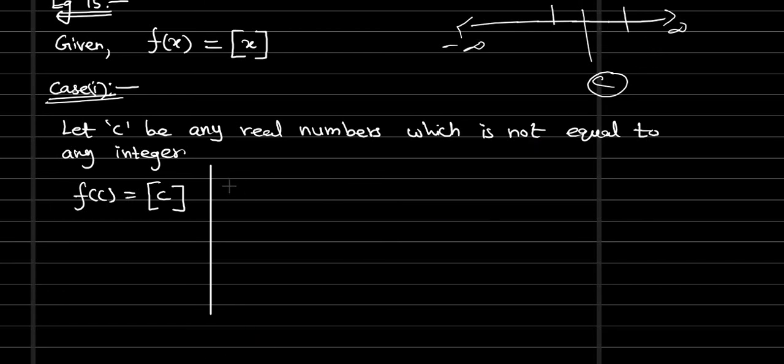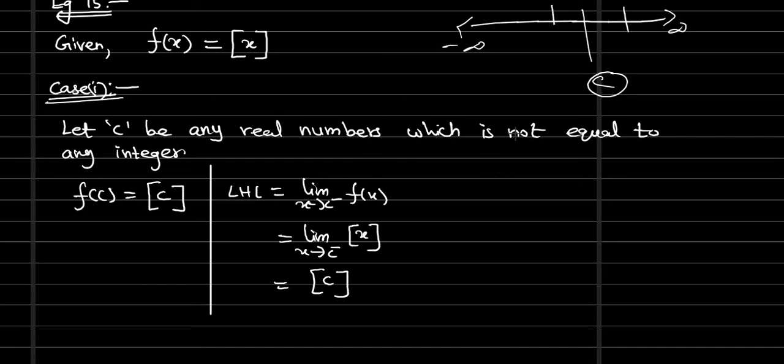So now here C, now the left hand limit. So limit x approaching towards C from the left hand side of f of x. What is the f of x here? Greater integer function of x. X is approaching C, replacing f of x with the given function. Now applying the limit. So C is any real number. We are not saying C lies between only 1 and 2. If C lies between only 1 and 2, then of course we can write the result as 1. Since it's not sure where C lies, we can leave it as the greater integer function itself.